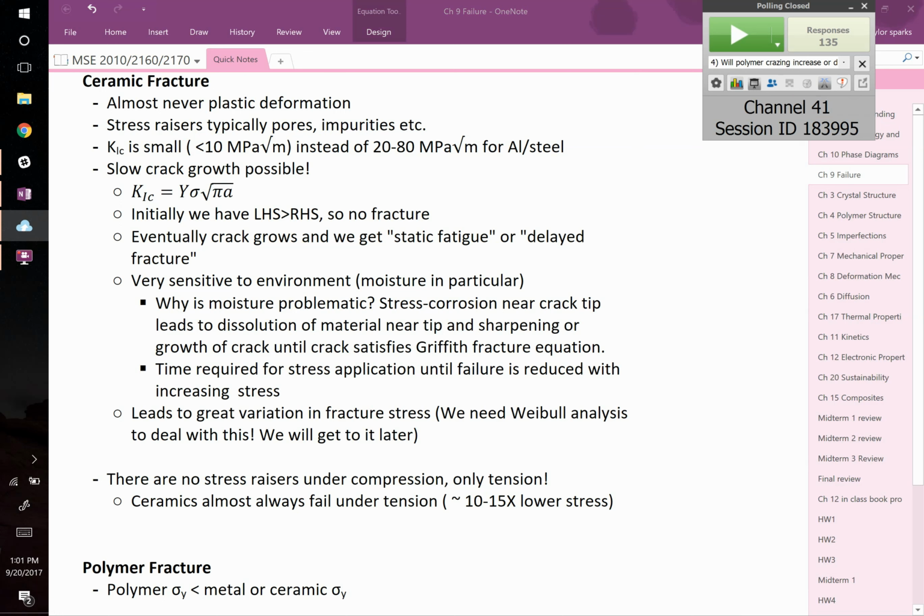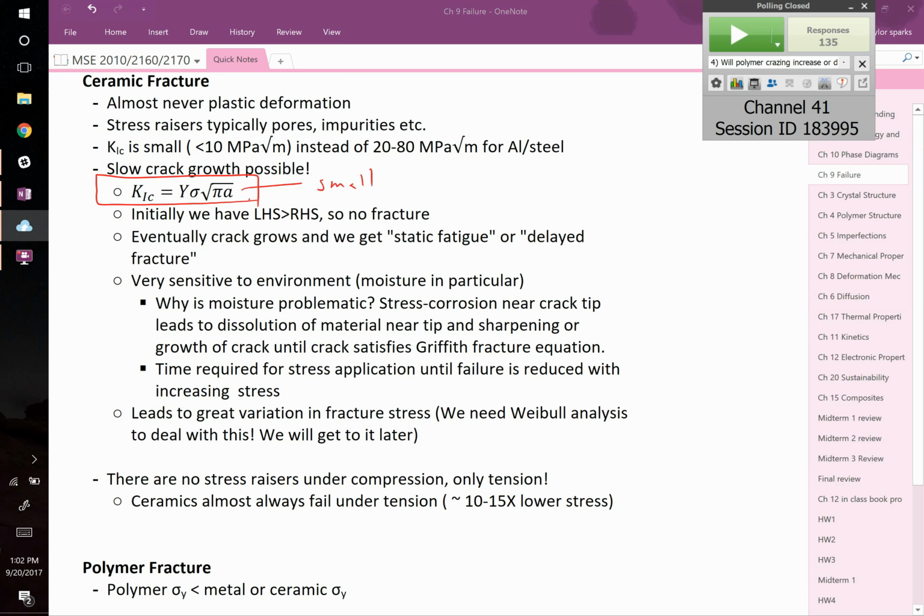So here's our Griffith fracture toughness equation. And I said if at any time the right-hand side of that equation is larger than the left, or once it's equal to it, this thing will fracture. So something that can happen is this. Initially, your crack size is small,